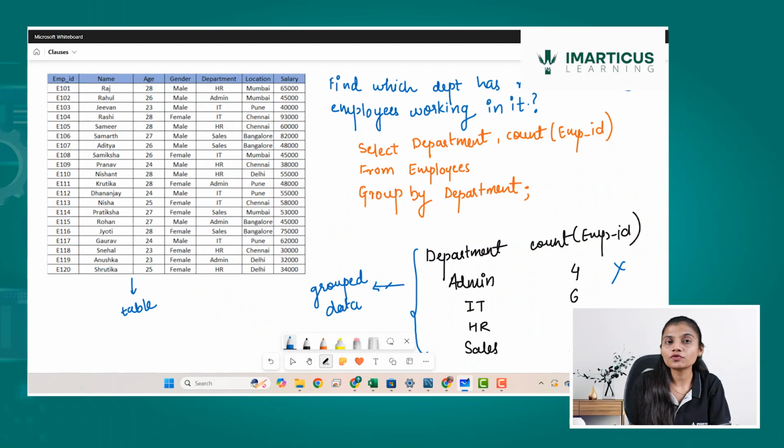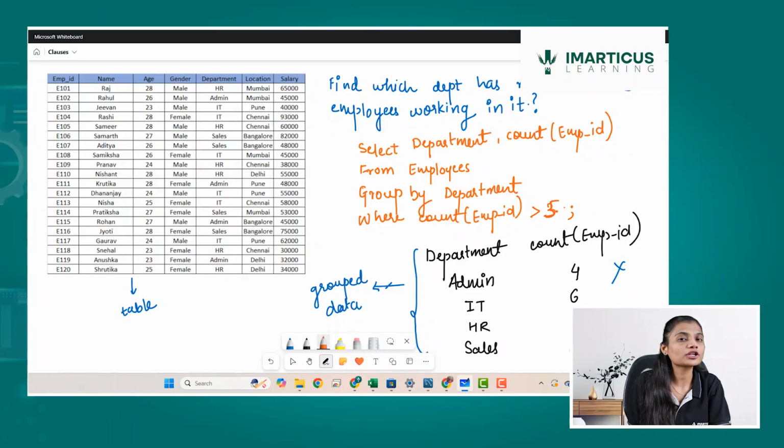So if I want to filter this kind of result, will I use a where clause? Let's see. If I use a where clause over here, where count of employee ID greater than 3, greater than 5, if I write something like that, it is obviously going to show an error.